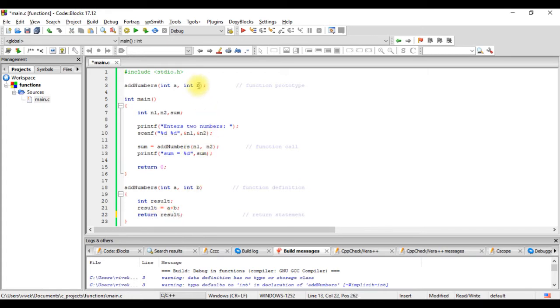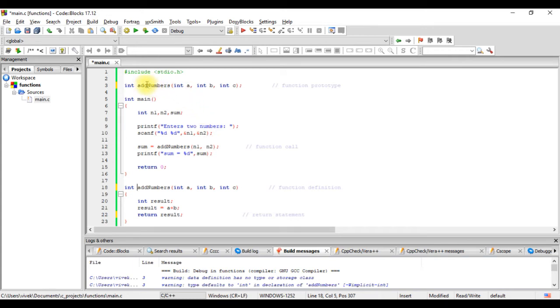Now the other thing to see is the number of arguments should be the same. Let's say here I make 3 arguments in C, and here also I put the same. So a prototype is nothing but a way to tell the compiler that somewhere later in the program you will encounter a function named add numbers, and it has 3 arguments and a particular return type. The return type here is int. Let me write int here as well.